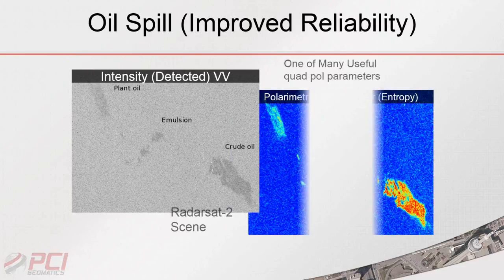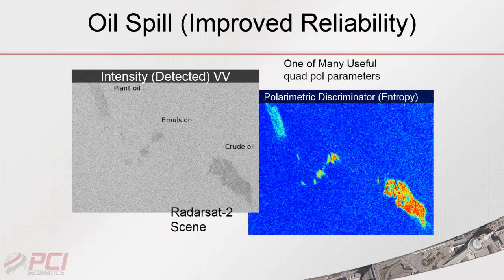But using Geomatica and polarimetric data, we can actually calculate a number of discriminators, polarimetric discriminators. In this case, we're showing entropy, and what we're seeing here is the higher values, or the red values, have a higher entropy value, and so the response that's coming back is multiple, and there's multiple scattering mechanisms that are happening over these two locations here, as opposed to the plant oil, which really has a single